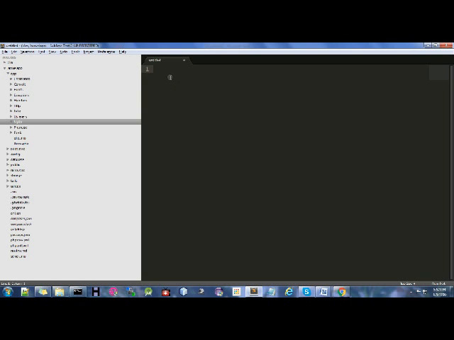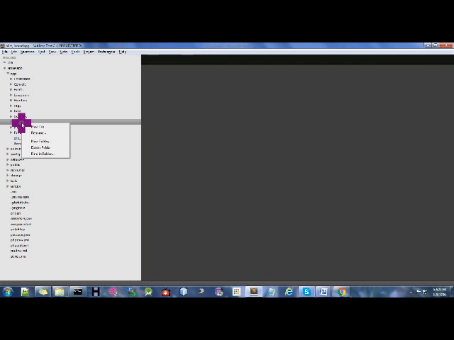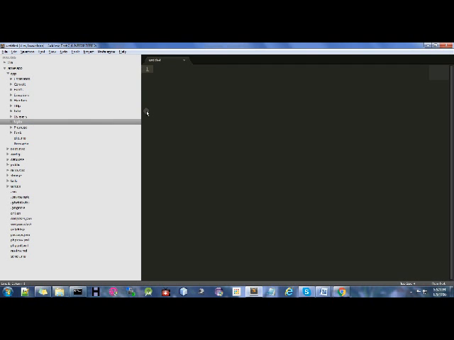I'll create one file in the lib. New file. Right here I'm going to declare one class. In that class I'm going to have one function with the name show.